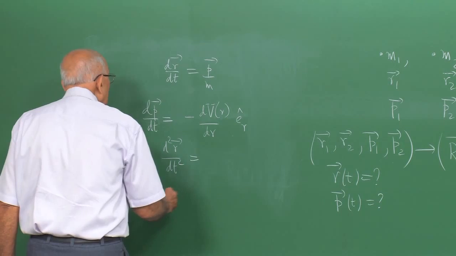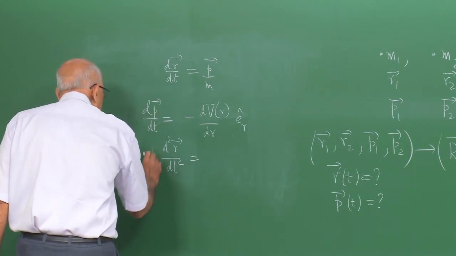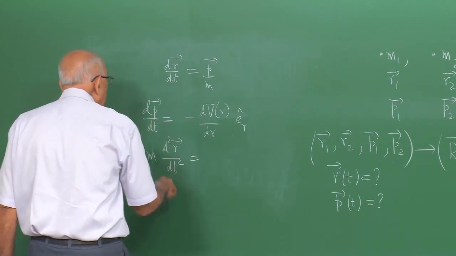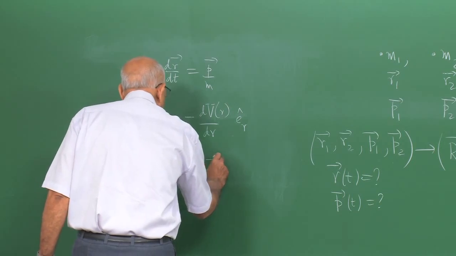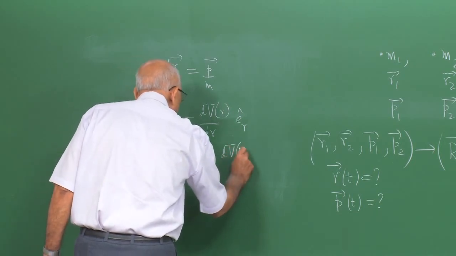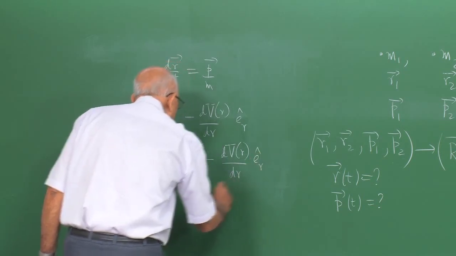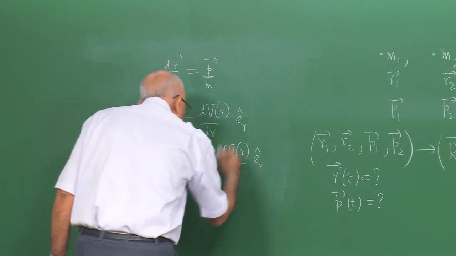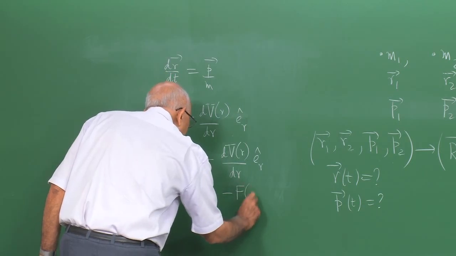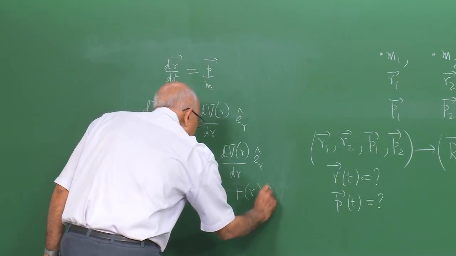Multiplied by m here, that's dp over dt. This is equal to minus dV of r over dr e sub r, and this is equal to some force here. So let's write this as f of r e sub r,